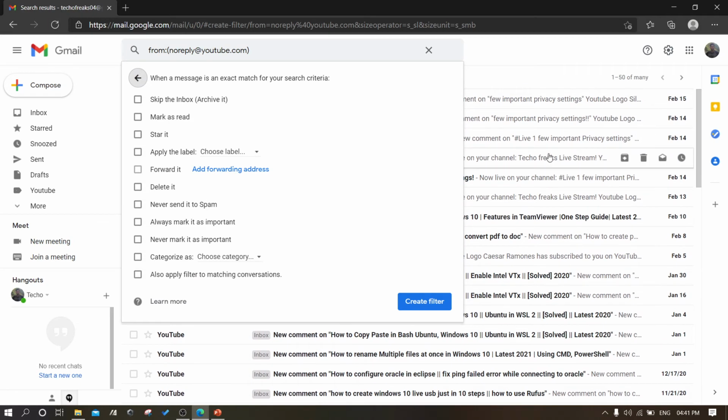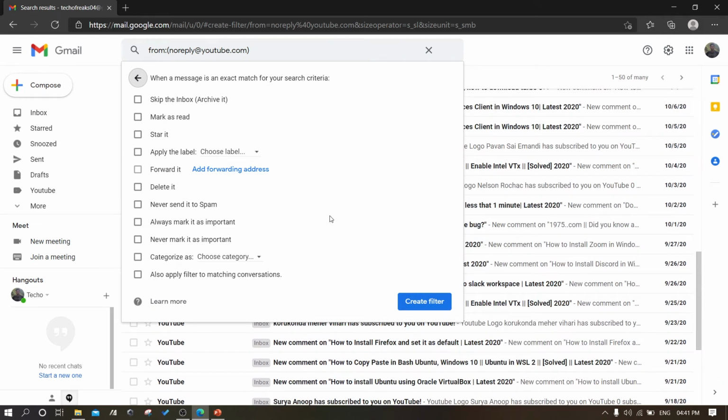You can see all the mails, so you can perform these actions on the mails. What we are trying to do is delete them, so we need to check this one as well, because Also apply filter to matching conversations applies to the current mails. By default, when you uncheck this, the filter will be applicable from the next email you receive.